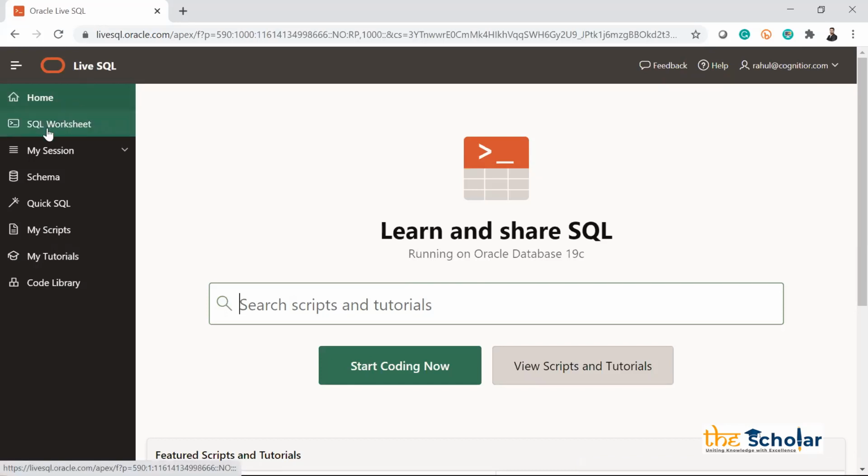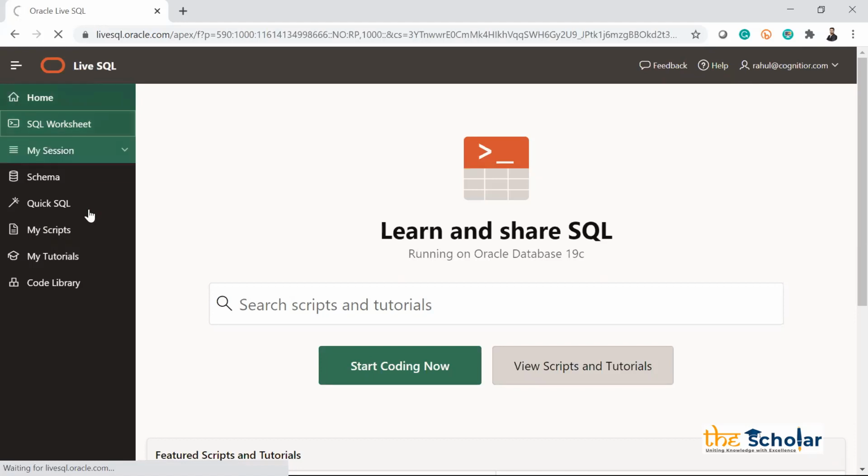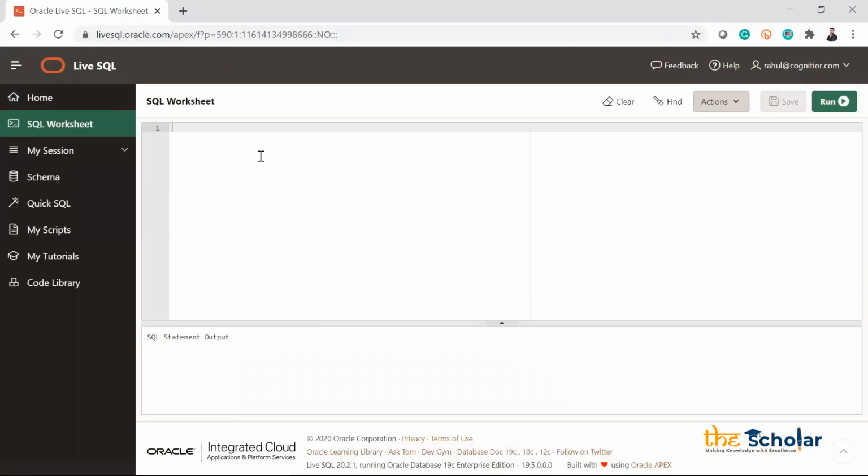I'll go to SQL worksheet first of all. You can see that a page is coming in here where we will actually do the coding, where we'll do all the table creations, joins, everything. If you go to schema, you see this schema.